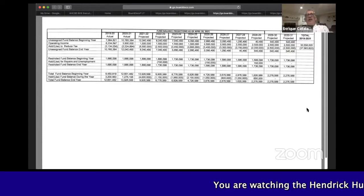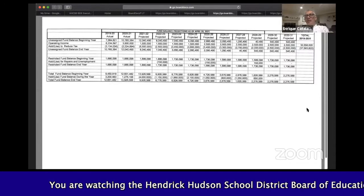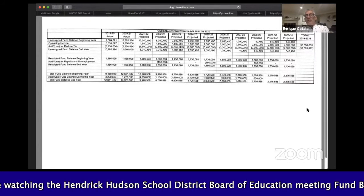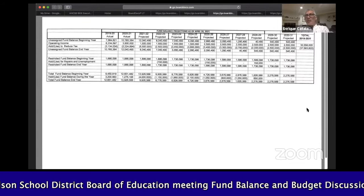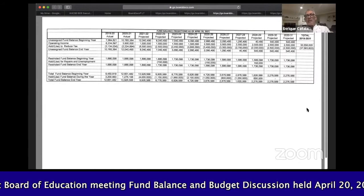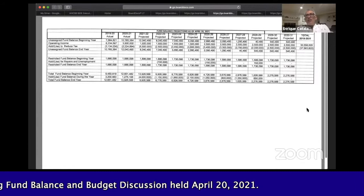Getting very tight. Usually we had it at 3% of the budget. So let's say it was about $2 million. At one point during 2011, when the economy was doing very poorly, we were at 500,000. That's the lowest we've been since I've been here. But I will say that about 3% of the budget has been the average. So if you take into account back then that it was a $70 million budget, we were about